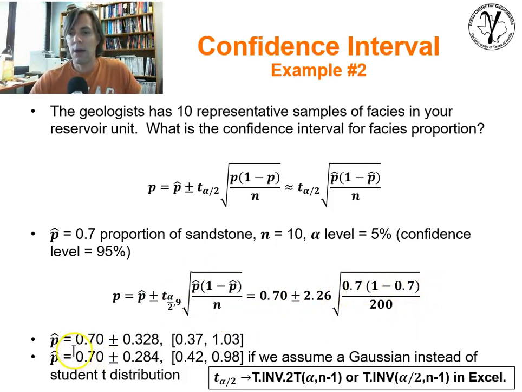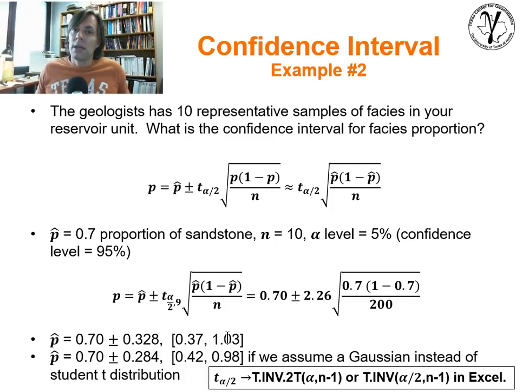We're going to find out now that the confidence interval in the proportion of that facies is going to be 70% plus or minus 32.8%. And so if we were to calculate that interval, we now get anything between 37% and